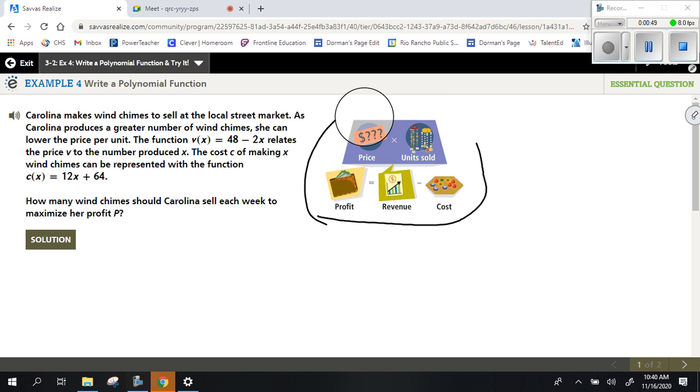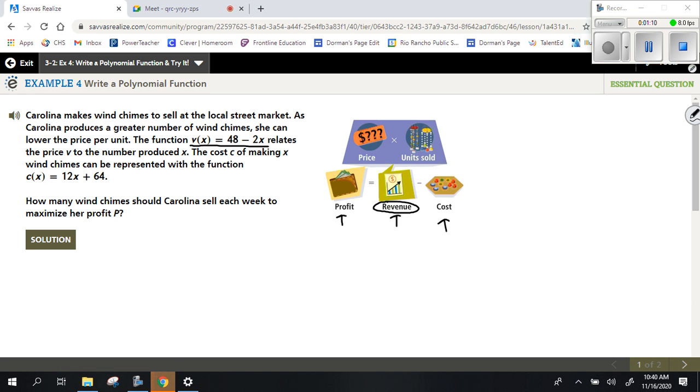What we need to do is set up an equation for profits. We need to figure out what our revenue and cost are. So revenue minus cost. First, let's figure out how to calculate revenue. It tells us that this relates the price V to the number